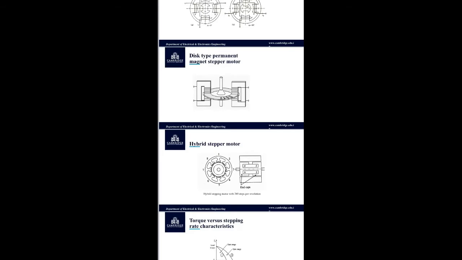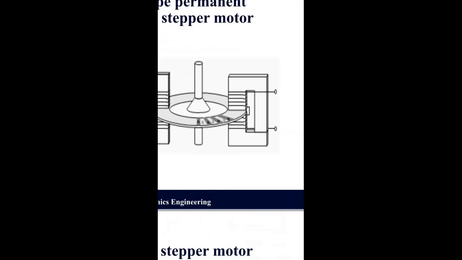So the construction is, the rotor is a thin disc made up of rare earth magnetic material. So the disc is magnetized with alternating north and south poles. You all can see here in the figure, the disc is magnetized with alternating north and south poles. Because the disc is very thin, it can be magnetized up to 100 individual tiny magnets evenly spaced around the edge of the disc.